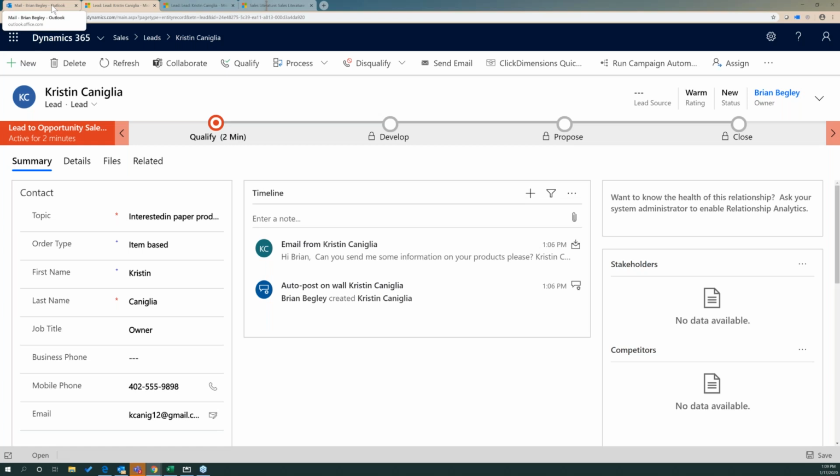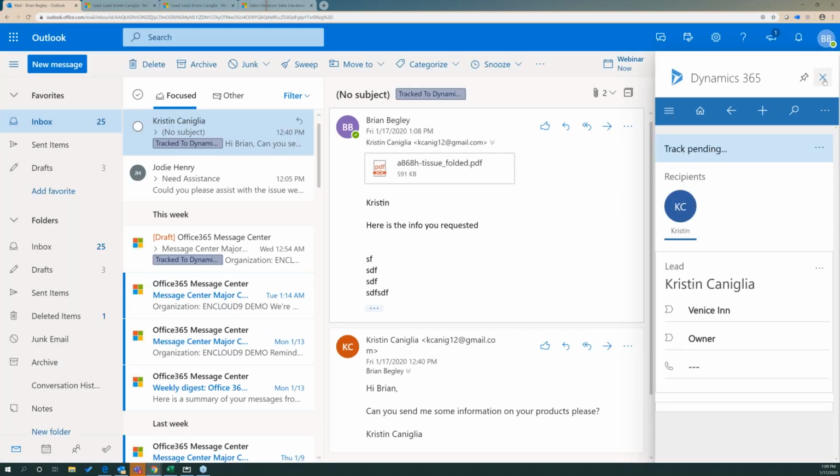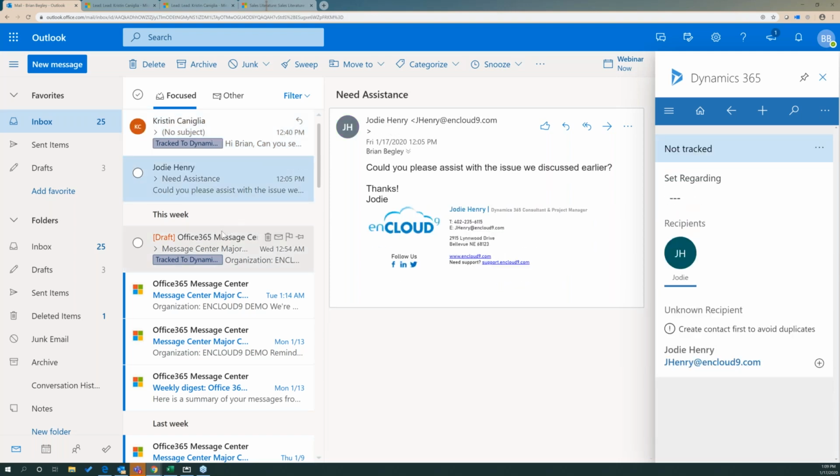So that's one scenario for using Dynamics 365 add-in for Outlook for a sales scenario. I've created a lead, and I've sent the customer, the potential customer, some information about our products. The next scenario I want to walk through is a little bit different. It's a customer who is looking for some support, and so I want to create a case to help them out. So I have an email here from Jody,